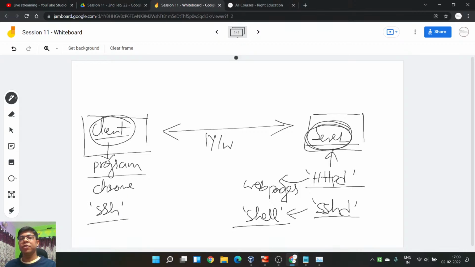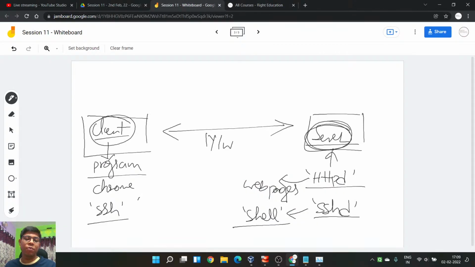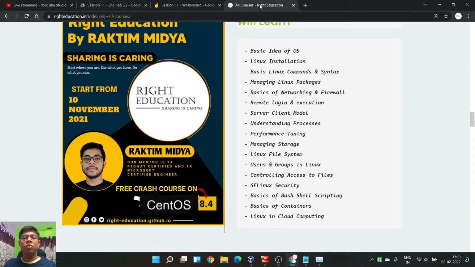All right. So we talked about remote login and execution, the server-client model, and in this perspective I also showed you one command called SCP. SCP is secure copy, meaning you can use SCP to transfer files from here to there. Like we have the cp command for copying files locally, and scp is for copying files to a remote system. So these are the commands you all know.